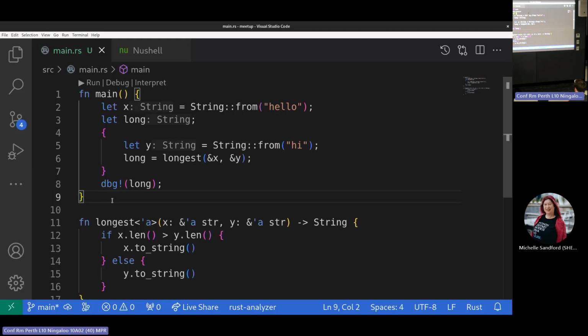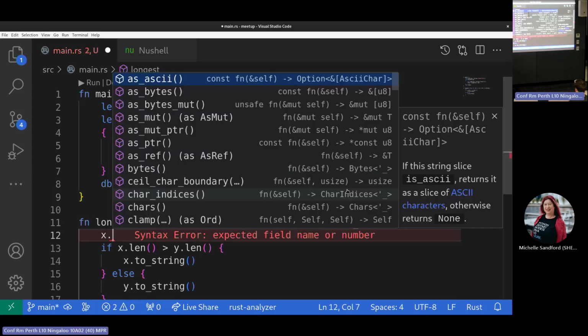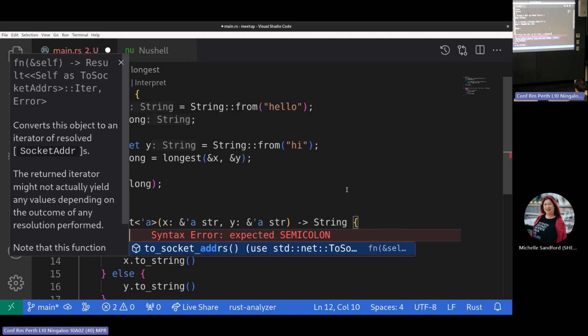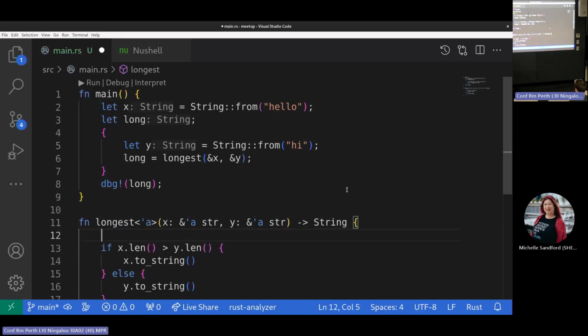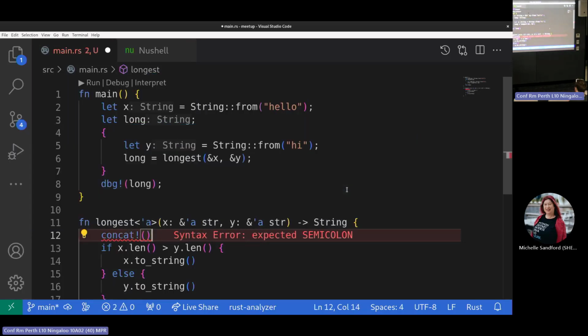Okay, thank you. So let's say I modified the longest function, not long with, anyway, I want to concatenate strings. Let's say x to_string, or is it just plus suffix? I think there's some string manipulation stuff, I know there's a bunch of it. The other thing you can do is there's a concat thing, but I think that's only for string literals, with the double quotes. So I think what you would do is